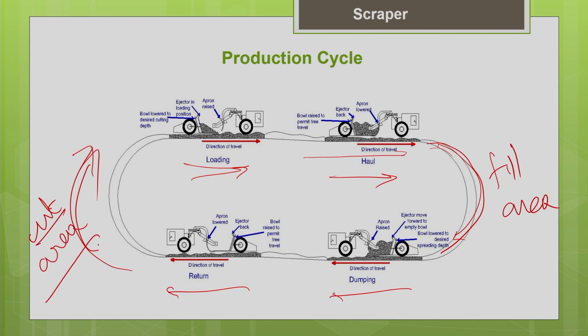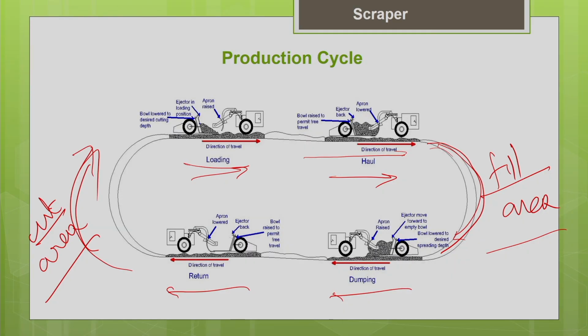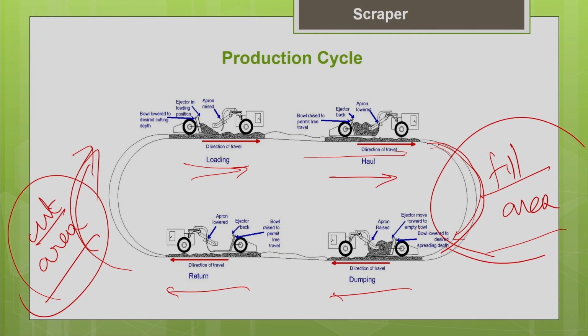Okay. So basically when the scraper makes a turn in the cut area, the turn time is a little bit higher when compared to turning in the fill area. This is because you can see very commonly more congestion in the cut area. More equipment will be involved in the cut area, because in the cut area you can see pushers also assisting the scrapers. Another thing is the machine has to turn and then spot another pusher to begin the next cycle. So all these things will increase the turning time in the cut area when compared to the fill area.